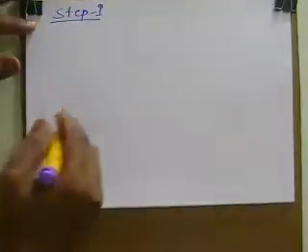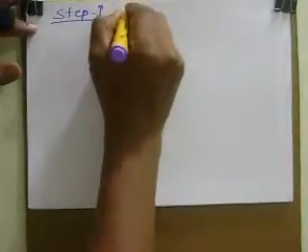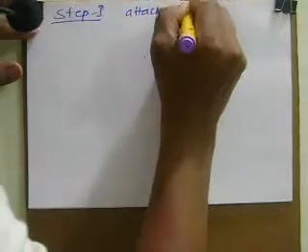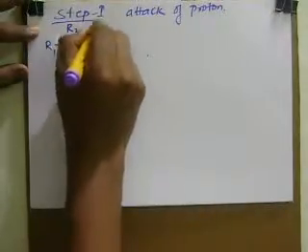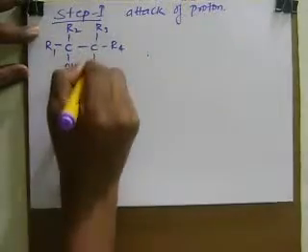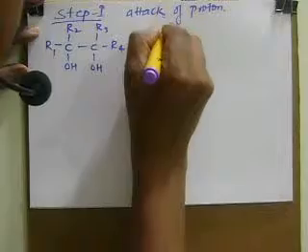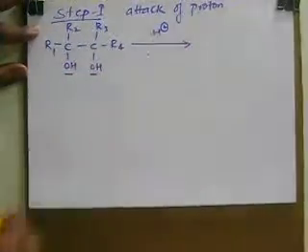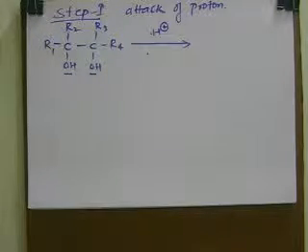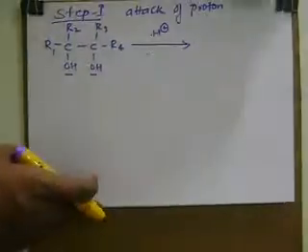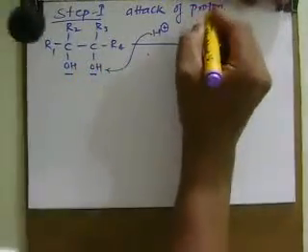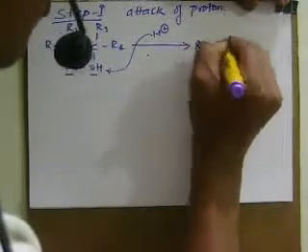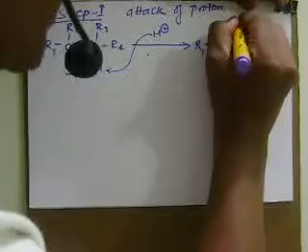Step 1 of this rearrangement: as this rearrangement is taking place in the presence of acid, there is attack of a proton, which is coming from the acid. So R1, C, R2, C, R3, R4. This proton will attack on any of these two hydroxyl groups to convert them into a better leaving group. In this case, the better leaving group will be a water molecule. So suppose this proton is attacking this hydroxyl group and it is converted into a water molecule, which will be the better leaving group,